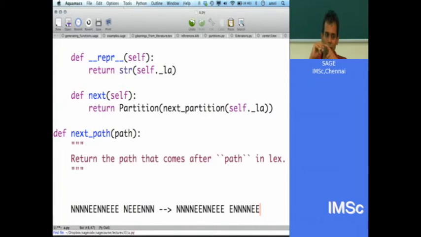So, shall we try to program it without regular expressions? Firstly we need to know whether it is a bunch of n's followed by a bunch of e's.